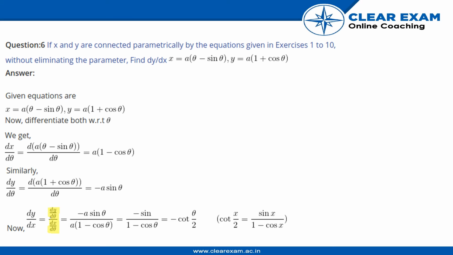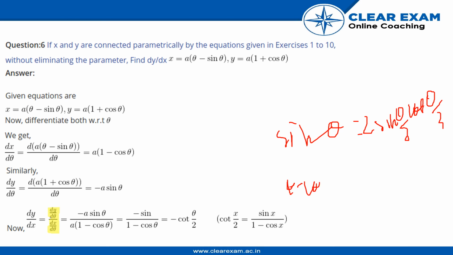We can write sine theta as 2 sine theta by 2 cos theta by 2, and 1 minus cos theta as 2 sine square theta by 2. Hence we get sine theta upon 1 minus cos theta as